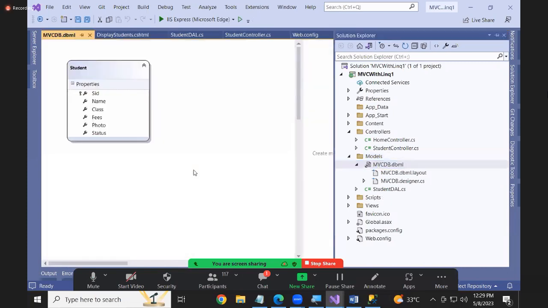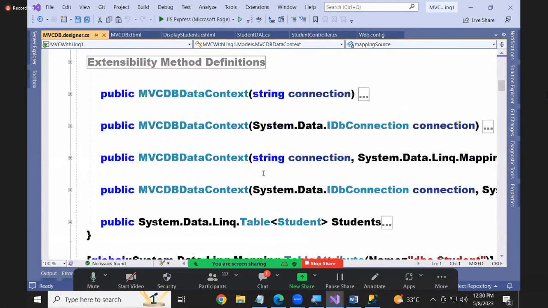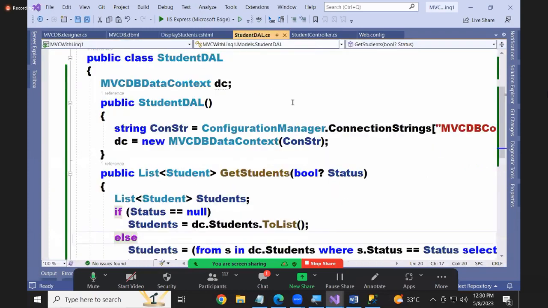Yeah, if you go to this, as I said, it's not generating the default constructor. You're required to pass the complete connection string here, not the connection string name. What you need to pass is the connection string, like how we used to write the code in our C#